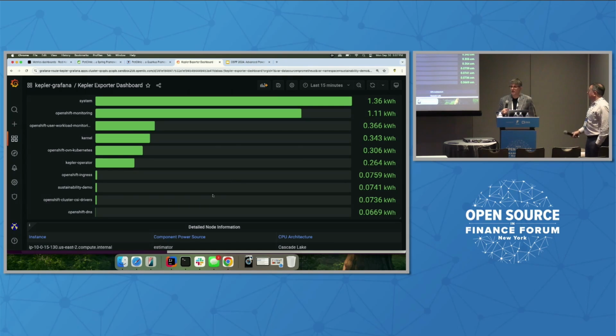In this example here, you actually see a bunch of them, right? The majority of them are actually system. It's a very small cluster. It's not very used. We only have a very small demo running on it. So you can see that most of the energy consumption for this particular example is going into the system. But you can also see that this sustainability demo namespace, in which I have two applications, one newer, one legacy, is consuming 741 watt-hours. It may not be a lot, but imagine that it's just something that I started this morning, and it's already consumed like a light bulb running for a number of hours.